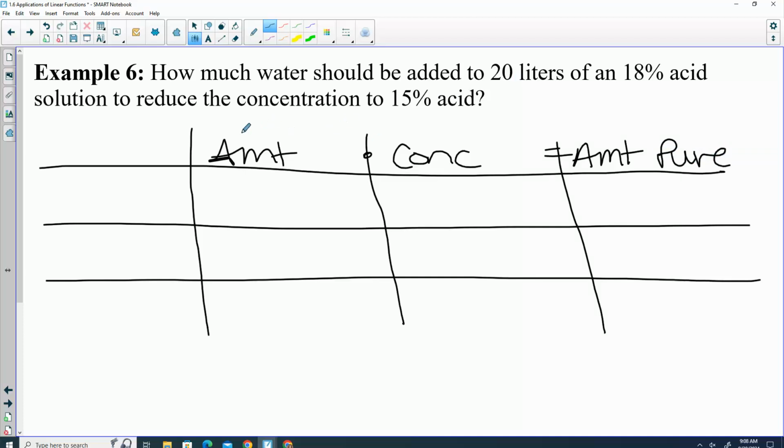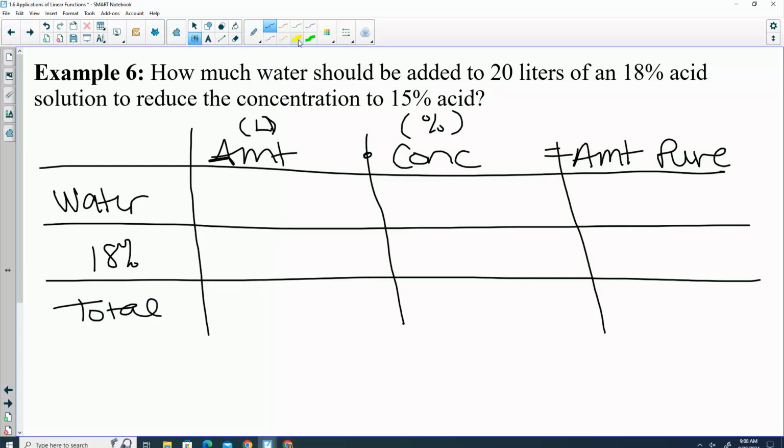Your amount, that's like our liters in this case. Concentration, that's always the percent. What am I mixing together? Water and 18% X. For the water, could you put